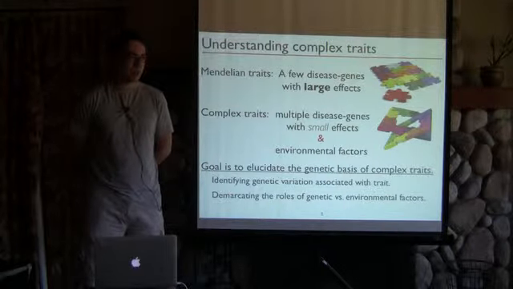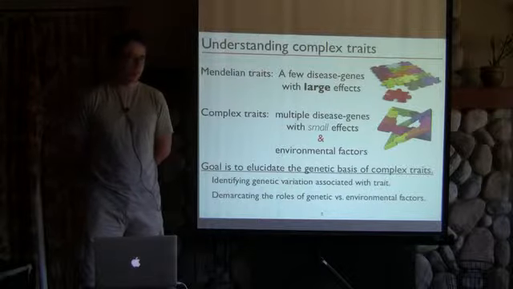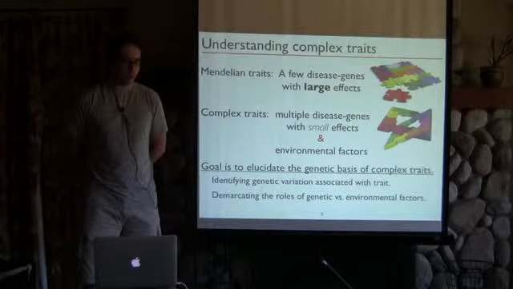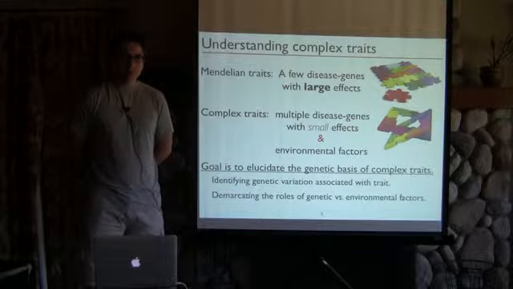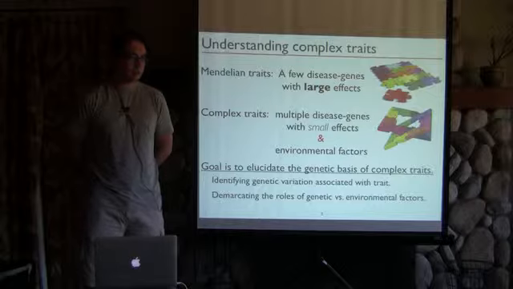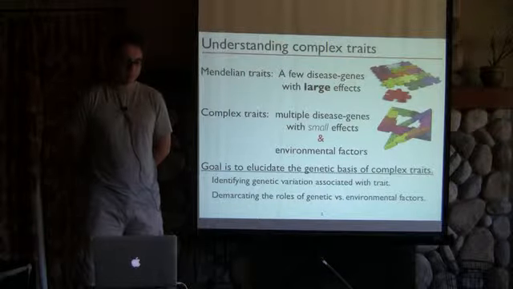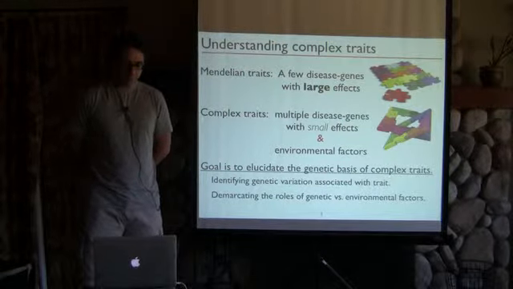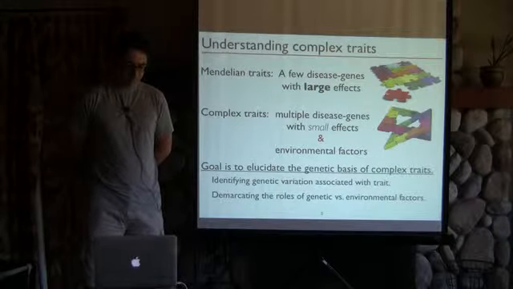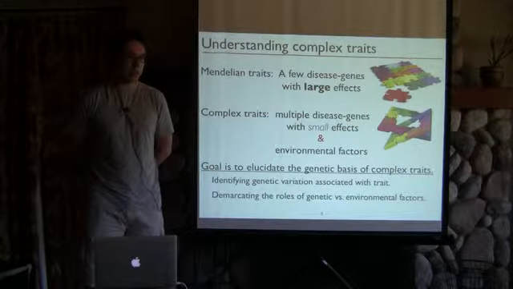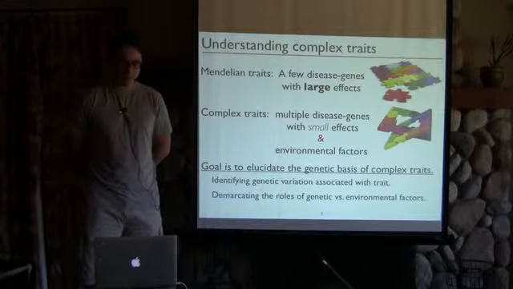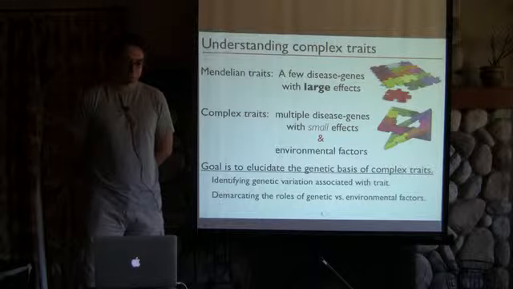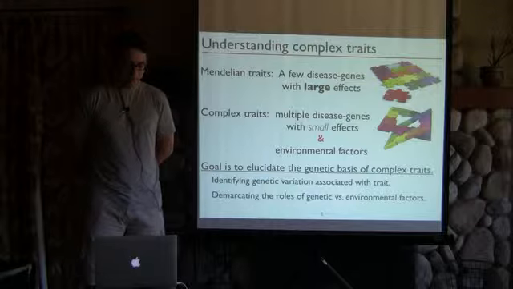And what's a complex trait? These traits, unlike Mendelian traits, have multiple disease genes. When we look at Mendelian traits, we often see a few disease genes are responsible for the disease, and these genes have large effects, which means if you have these alleles, you are more likely to have the disease. However, for complex traits, we have multiple genes, and these genes or genetic variations have small effects, and not only the genetic architecture, but also the environmental factors and the interaction between the genetics and the environment can induce the